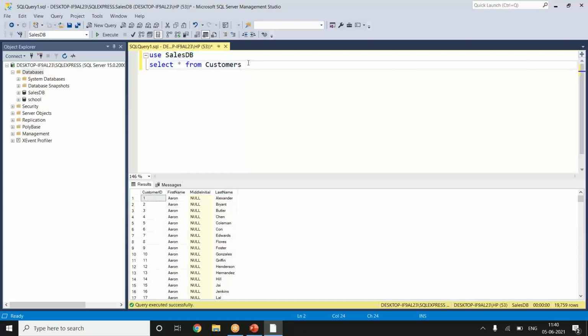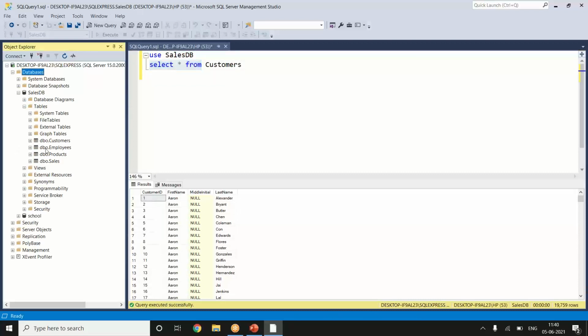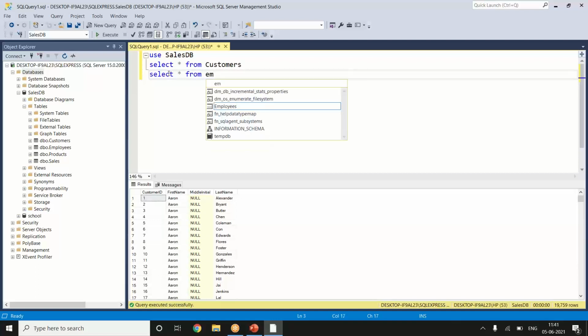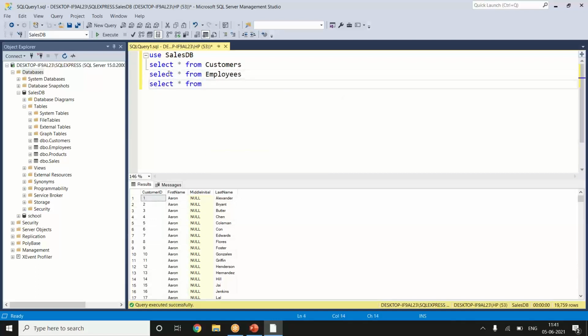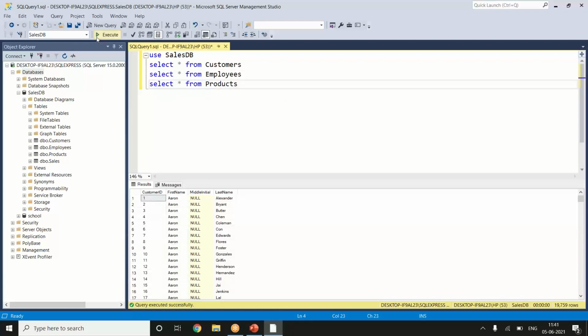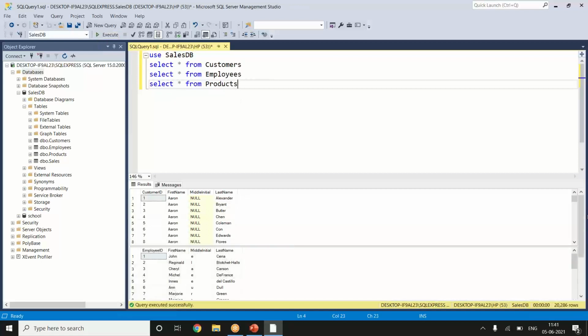Okay, this is how most of the errors would come. So we have customers, and what are the different kinds of data that we have here? In the sales DB, you drag down a table, and we have employees, and we have products. Execute. So you can see we have the